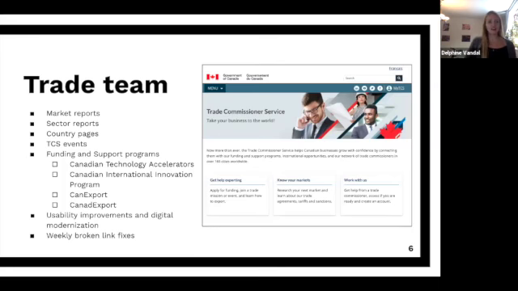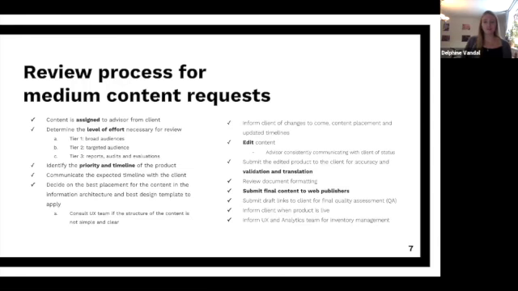As I've said, a lot of my work is working on market and sector reports. The review process for any type of content that we're receiving is really complicated. I know this slide is super text heavy, but it's just an overview. We receive reports from clients, and the first thing we do is determine the level of effort necessary for review. Reports can range from executive summaries that are 1 to 2 pages to market reports that ideally are